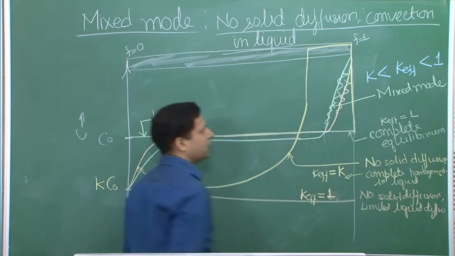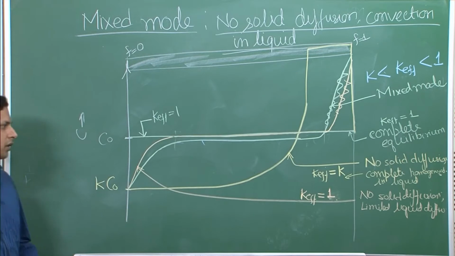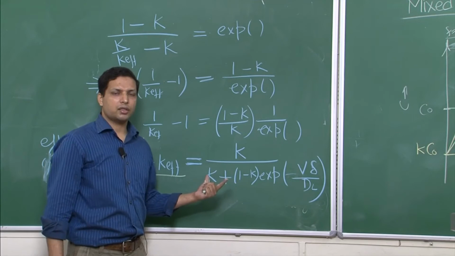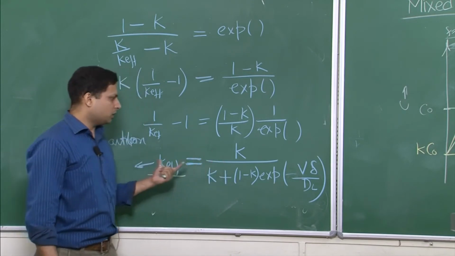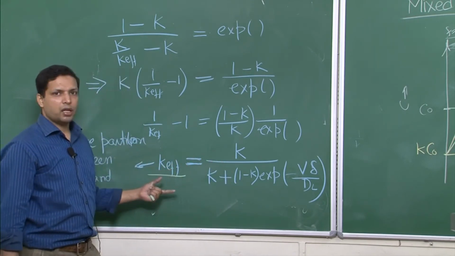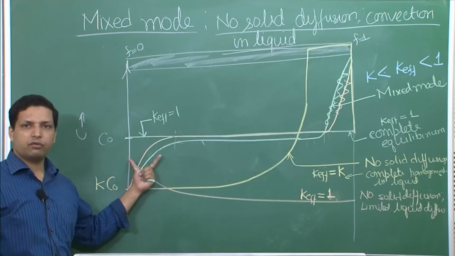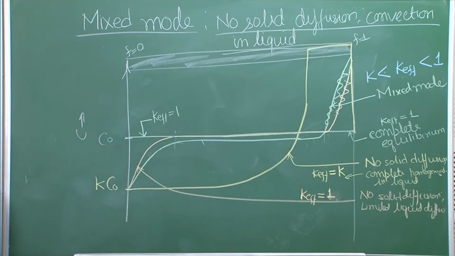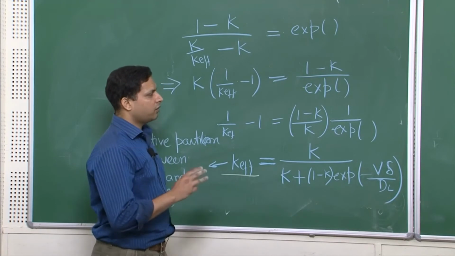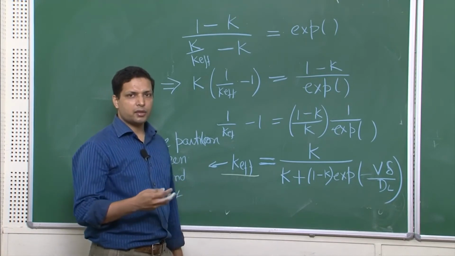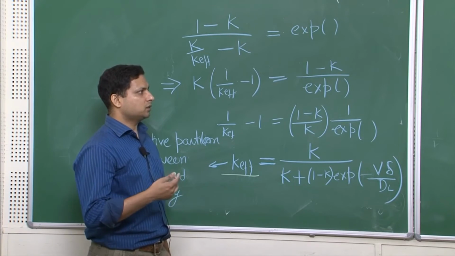So K effective is greater than K, and therefore this equation that we obtained, the K effective, in a way you can say that it describes a much more general condition. So whatever be the condition, you will be able to find the K effective for it and hence describe what is the real distribution of the solid. So now with that we have described the solute distribution in all the different possible cases, possible in the sense of which are well modeled.